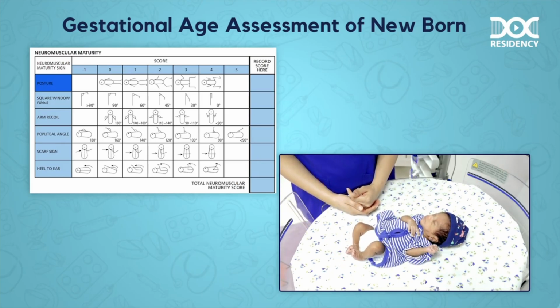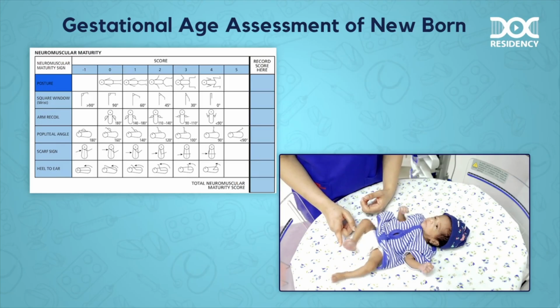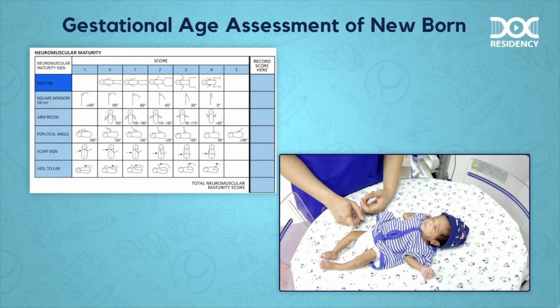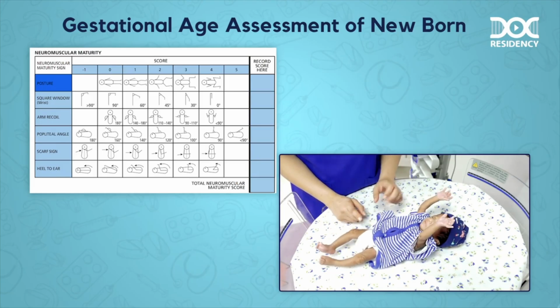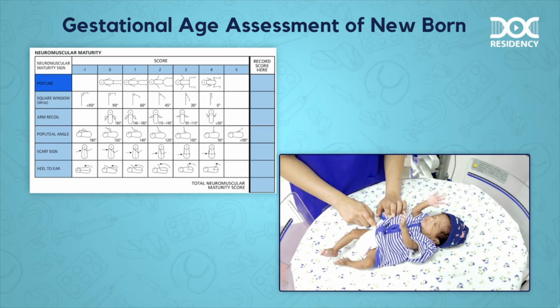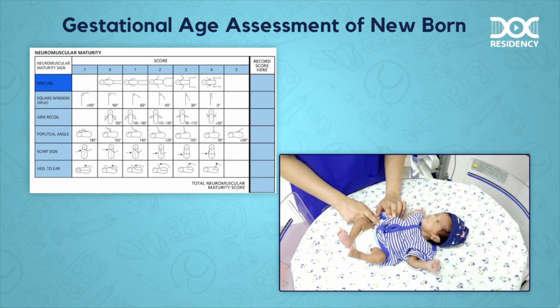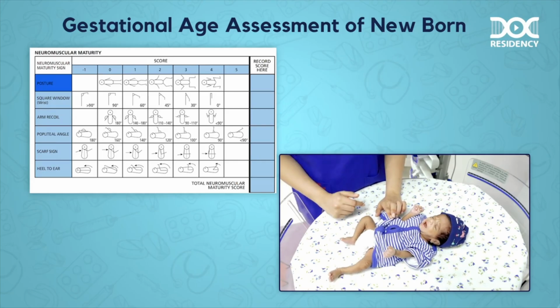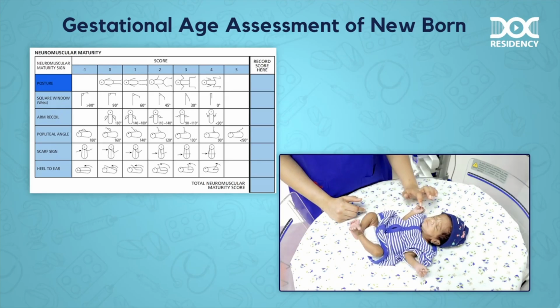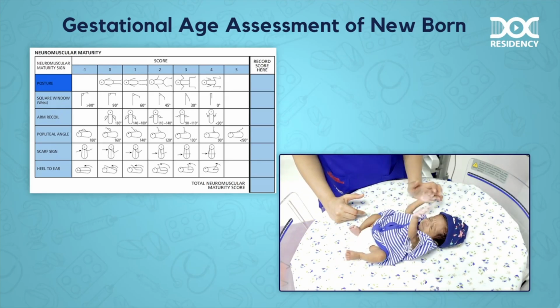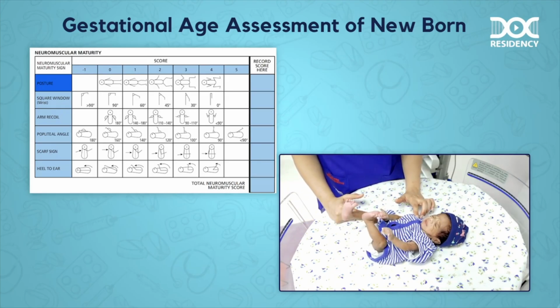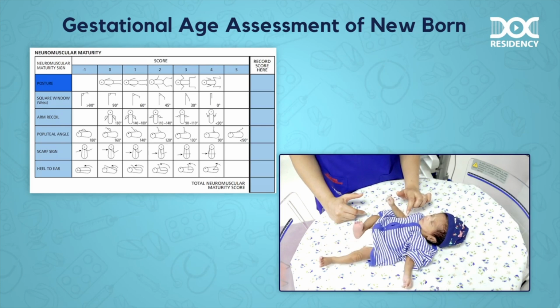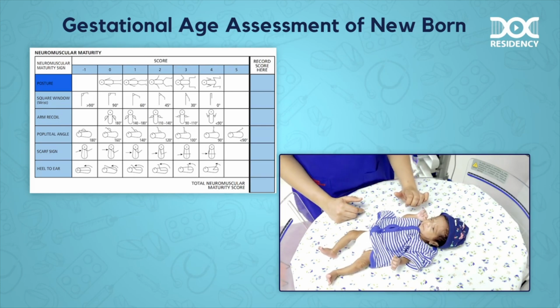So this baby, if you can see, has some dorsiflexion of the ankles, there is partial flexion at the knees, and there is not much flexion or adduction in the hips. The baby is intermittently going into hip flexion. When it comes to upper limbs, the baby is having flexion and adduction at the level of the shoulder and partial flexion at the level of the elbows.